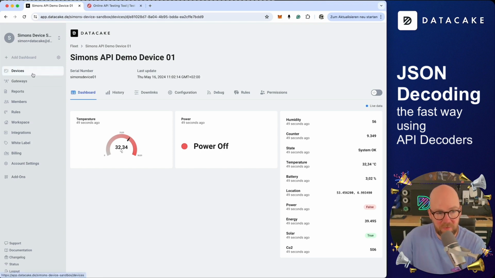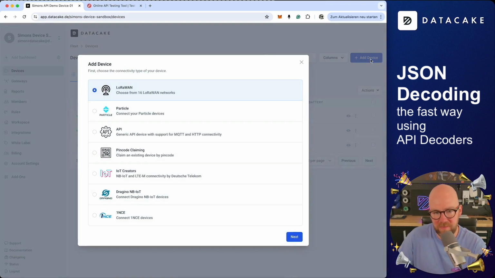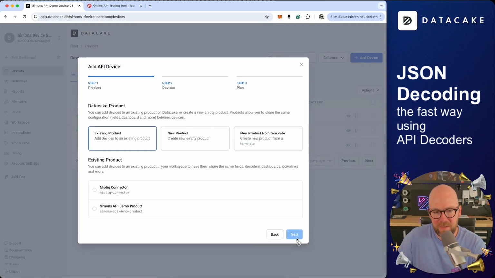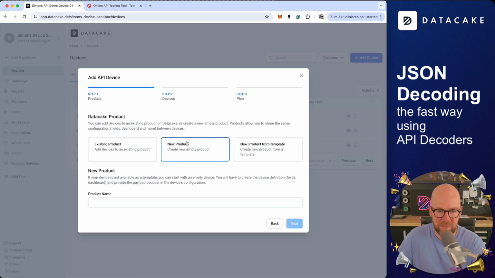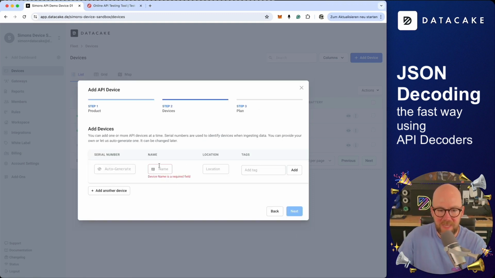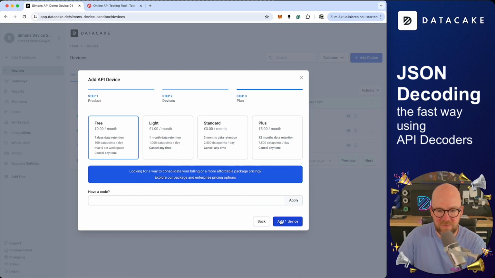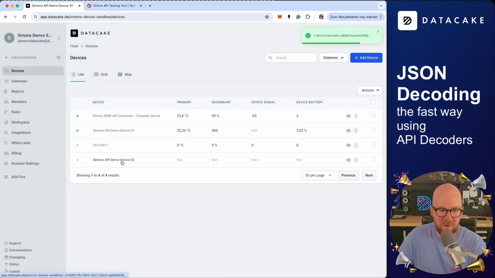And now let's go ahead and create another device and add this to the same product, just to explain what the product type is about. Again, we click on API, and now we can see existing products, and we have the Siemens API demo product in here. So we are not going to create a new product. We are going to use the existing product. Select the Siemens API demo product, and we are going to create Siemens device API demo device 02, Siemens device 02. Next, we are adding it to the free plan, and we can see that we now have a second